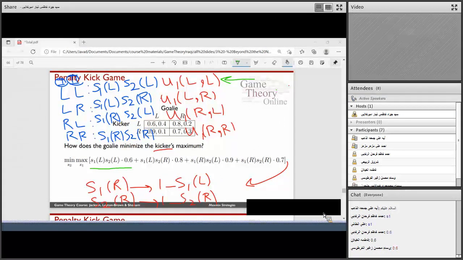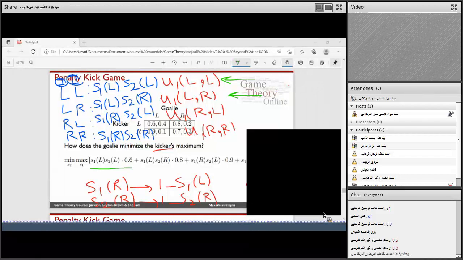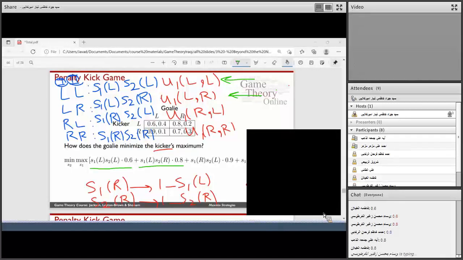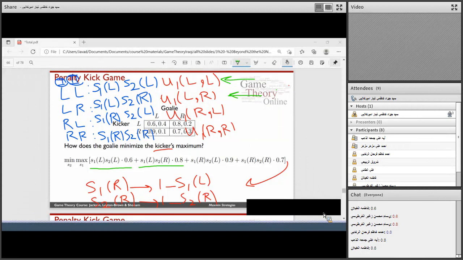The probability times payoff, that's what gives you the expected value, right? The expected value is the sum of probability multiplied by quantity. So that's the first one. The second one is LR, the first user going to left, second user going to right. What's the utility? That's right, 0.8. So we have S1 of L times S2 of R times 0.8. Okay, that's good. And the next one, we're interested in